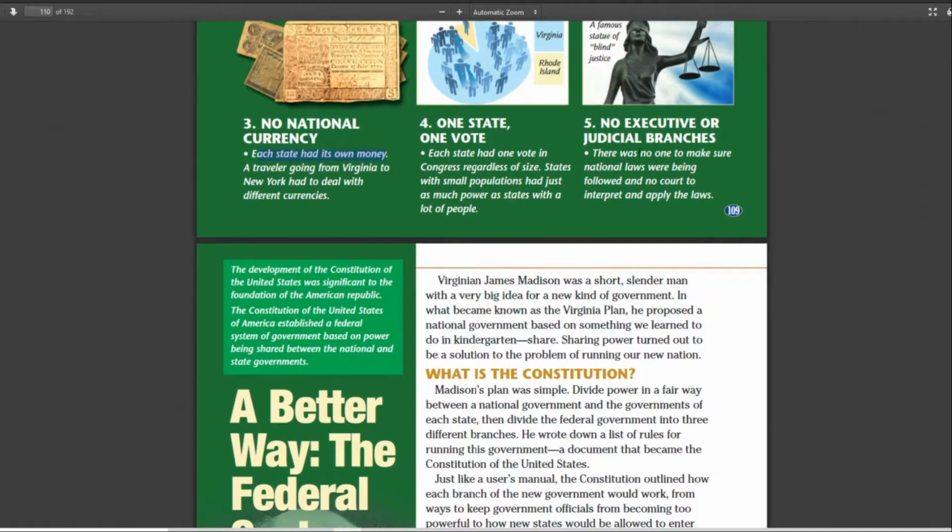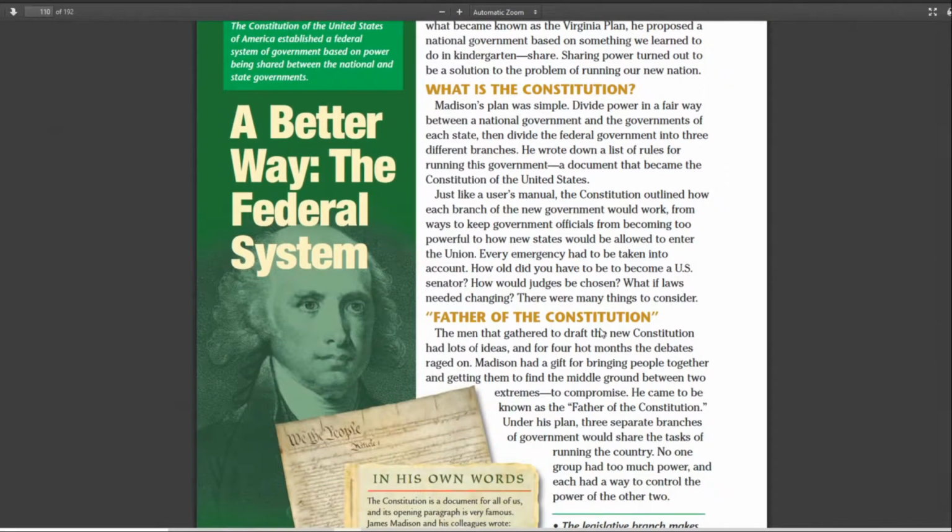First, let's talk about the executive and judicial branches. James Madison, who's known as the father of the Constitution, will become our 4th president, and he is a very smart individual from Virginia, and he comes up with a plan to make sure that nobody is too powerful. Remember, Americans are very, very sensitive to a strong central government. That's what we fought against in the Revolution. It was too easily abused, even from a benevolent and usually on the side of good country, Great Britain.